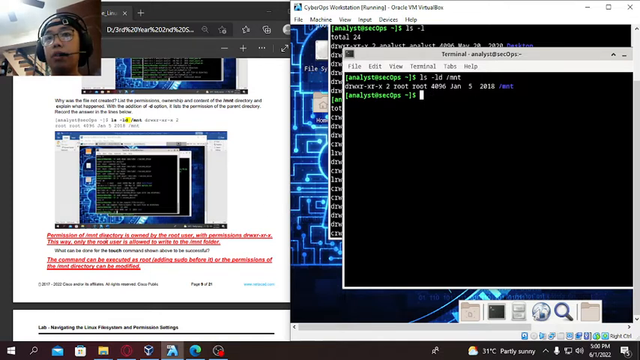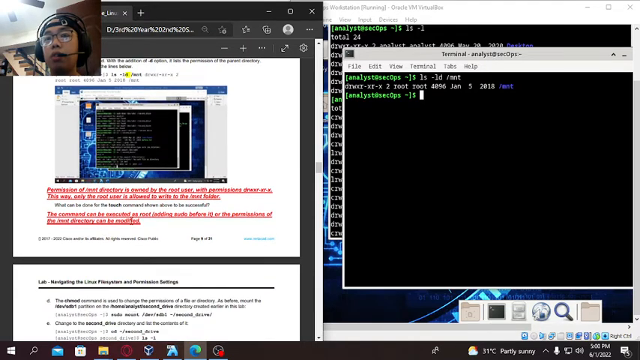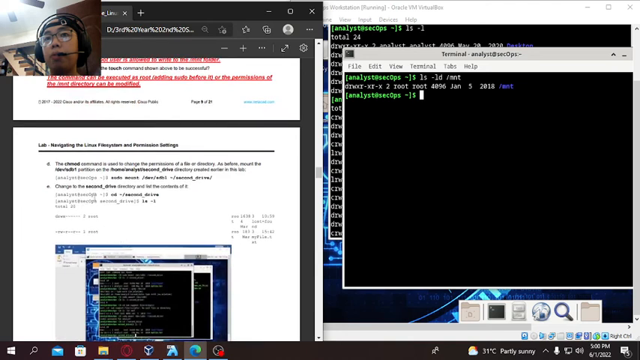The permission of the /mnt directory is owned by root, with the permission rwxr-xr-x. This is why only the root user is allowed to write to the /mnt folder. What can be done to make the touch command successful? The command can be executed as root by adding sudo before it, or the permission of the /mnt directory can be modified. So in the next part, part D,